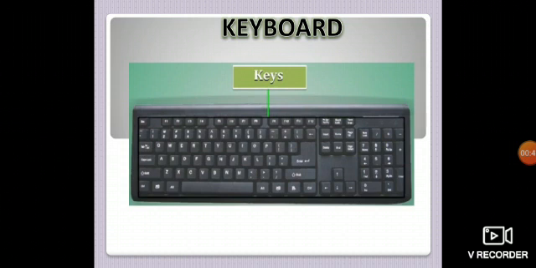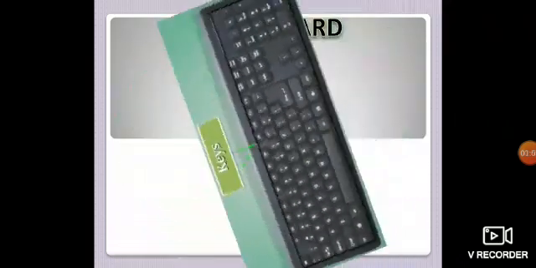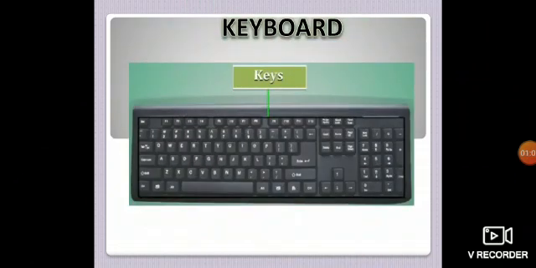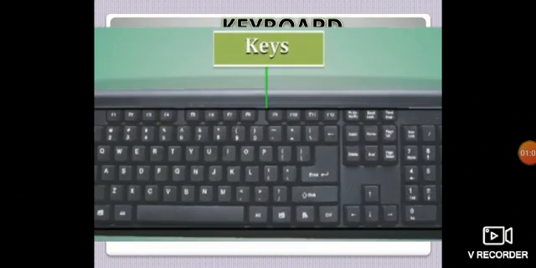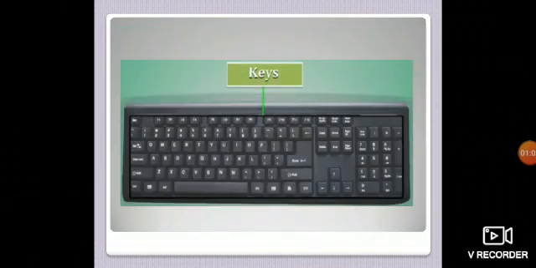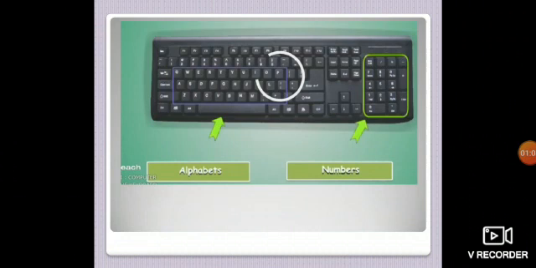You must have seen that a keyboard contains various keys. There are some keys which are alphabet keys, number keys, and lots of keys like that. So let us start our journey of the keyboard, where we will learn a lot of things. Here we go. See, in the given picture we can see that